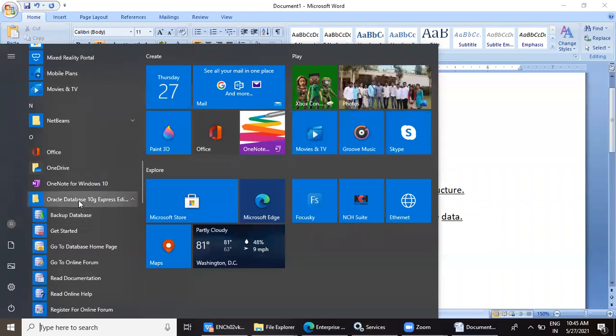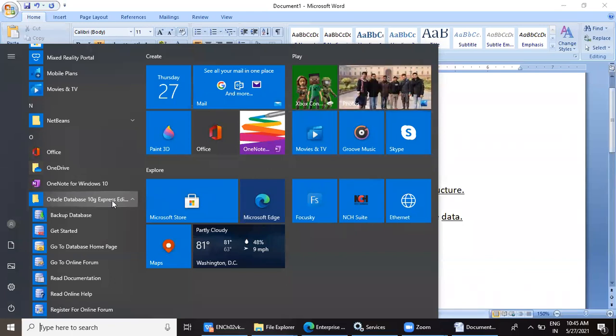Yes, ma'am. So in Oracle 10G Express Edition, remember there are two ways by which we can work with Oracle. One is GUI, that is graphical user interface, and second is CLI. What do you mean by CLI? Command line interface, like how we worked with Java last semester.